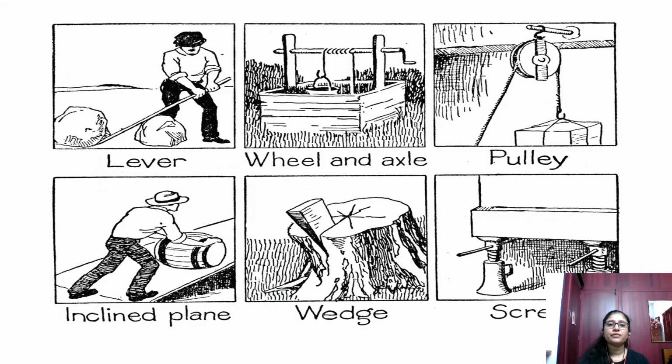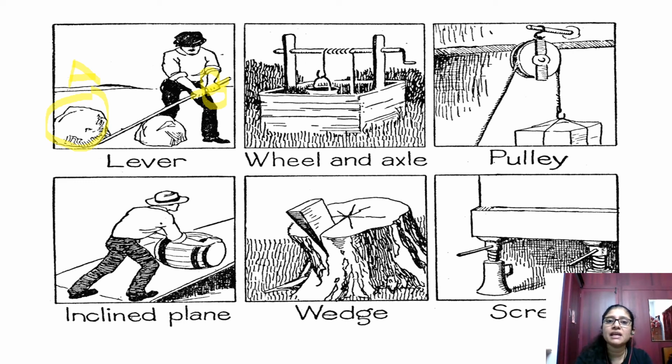These are different examples from day-to-day life. How do we use them? This is also a lever. In olden days, people used this lever to move heavy rocks. It is a big iron rod. One end is placed under the rock, and the person applies the force on the other end. Take this end as A, and let this part be B. He applies the force on B, but the action takes place in A. The work is done in A, but the force is applied in B.